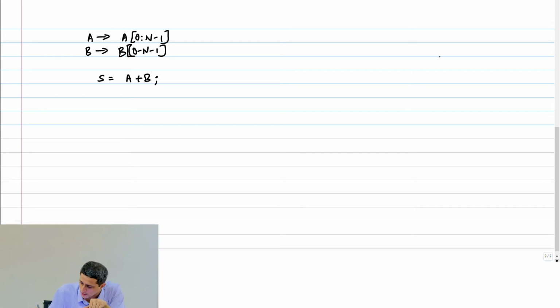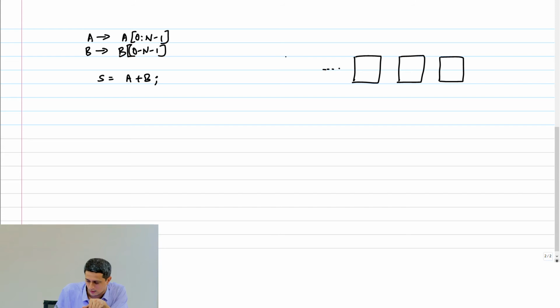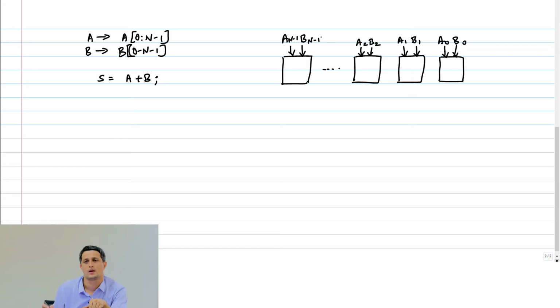So what you do, you take this full adder that we created and cascade them one after the other. Right? So this is my A0, B0, A1, B1, A2, B2, A n minus 1, B n minus 1. And this is going to be my carry in, and you can assume that it's a separate bit or it's grounded, doesn't matter.